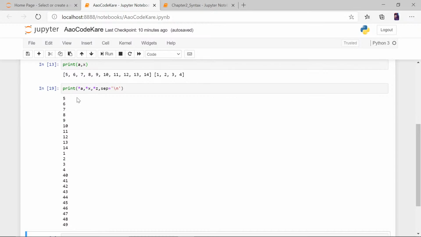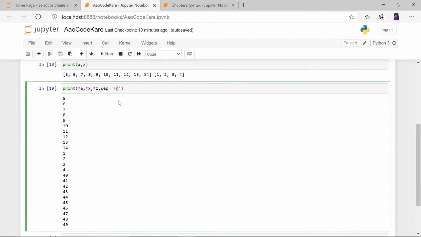So all these values are now in this print statement, and then we added a separation slash n. So now the separation won't be in between the lists, it would be in between the elements of the list. So all the elements you can see here are now separated by slash n. Slash n is next line, if you people don't know. Okay, so this was about the print part. We'll get deeper into it in the next session, maybe. Let's continue.